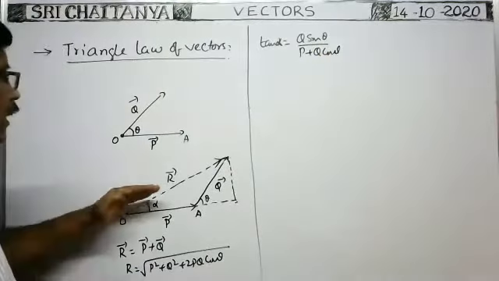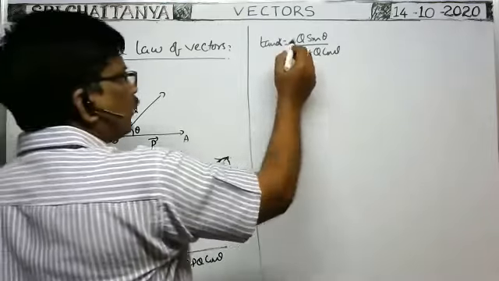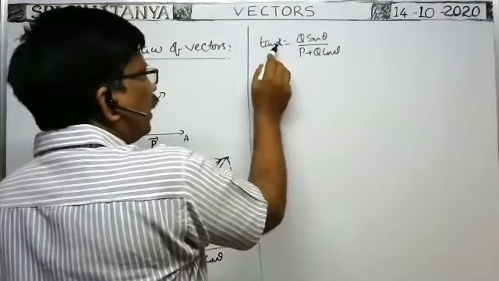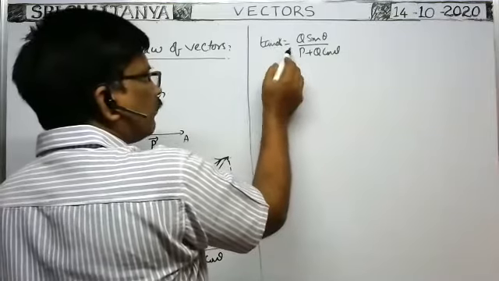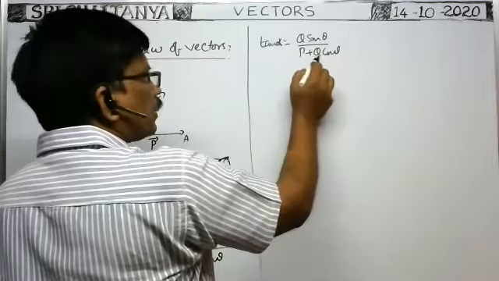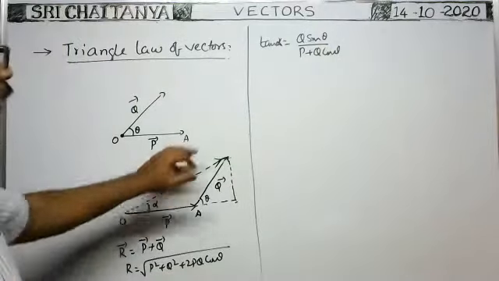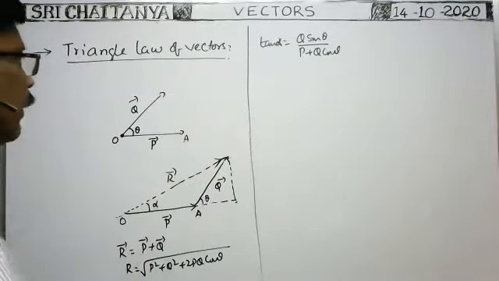Suppose the angle made by the resultant vector with Q bar is alpha, then we write in this formula the angle made by the resultant vector with P. If it is made with Q, then we write P sin theta by Q plus P cos theta. This is the magnitude of the resultant and the direction of the resultant vector by the triangle law of vector addition.